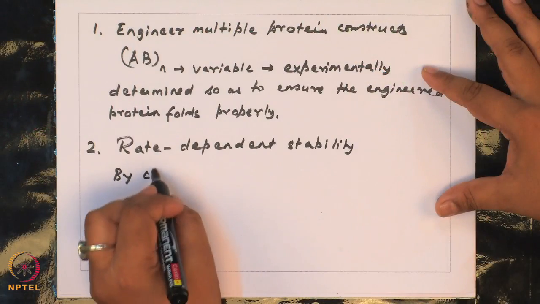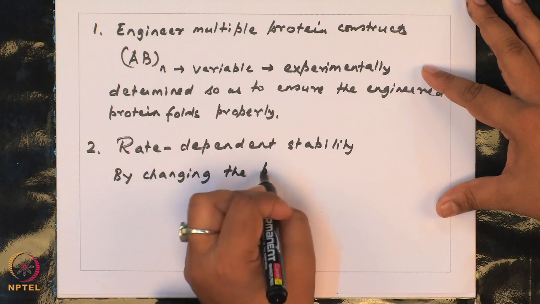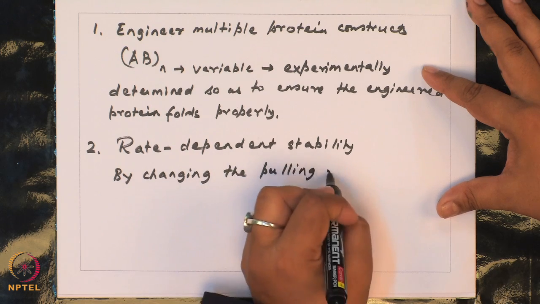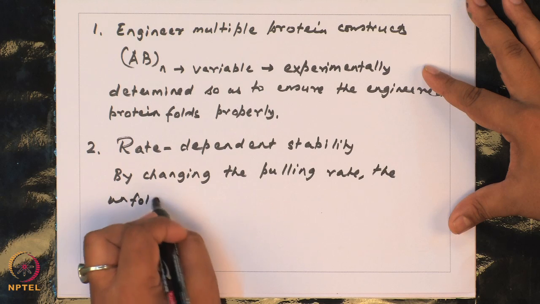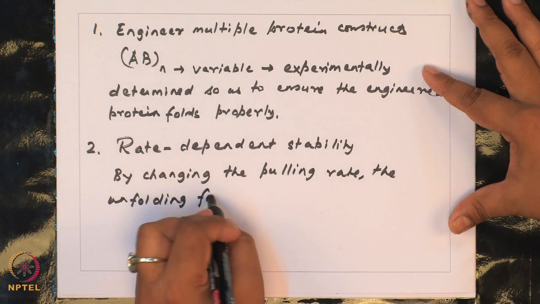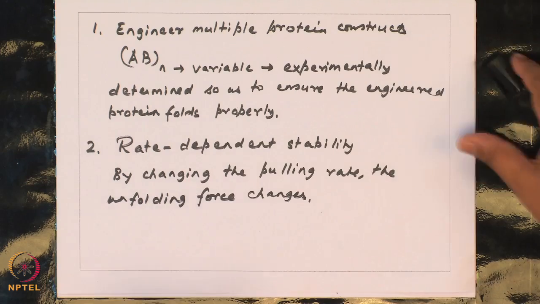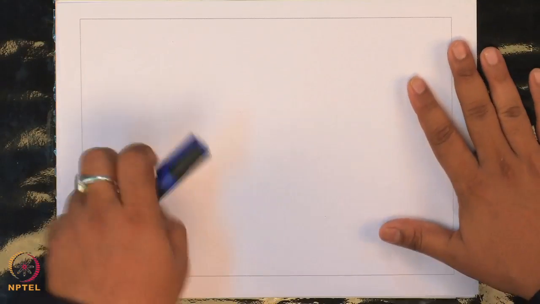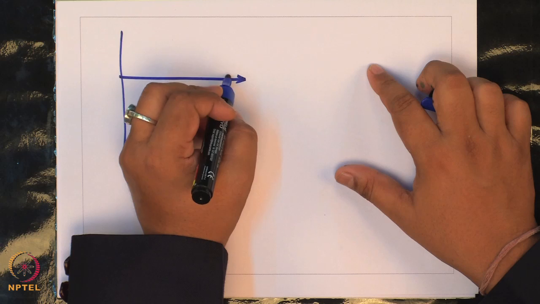By rate dependent stability, I mean that by changing the pulling rate, the unfolding force changes. And how does it change? More often than not, what you will see,